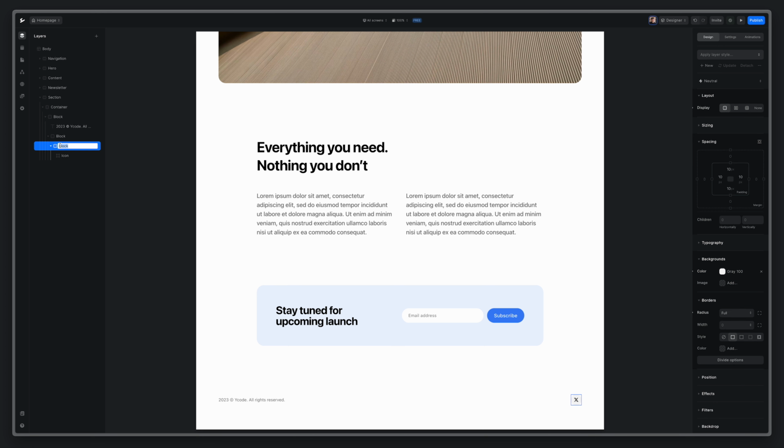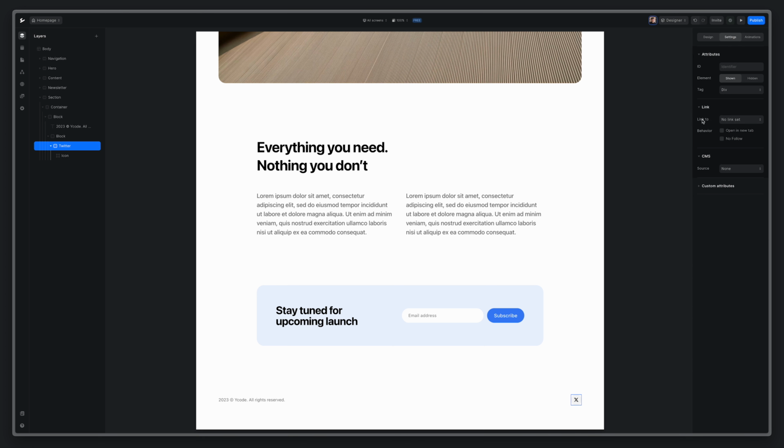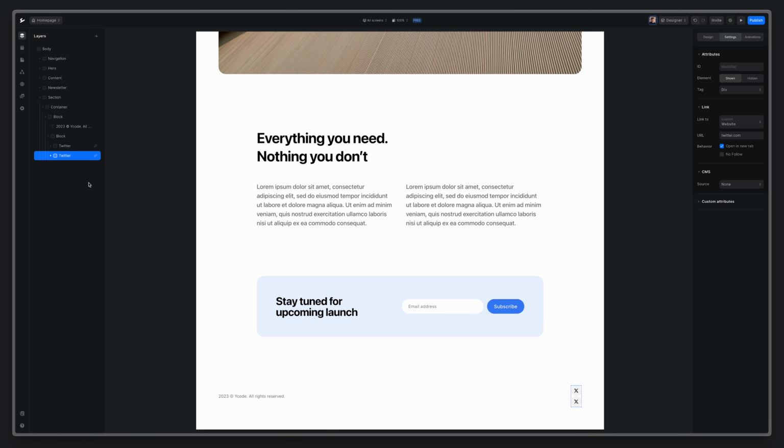Let's rename this block to Twitter, and in settings we can add link to custom website and twitter.com. We can set it to open in new tab. Let's now add one more link. I'll duplicate this. We'll rename it to YouTube. We'll change URL to YouTube. Inside, we'll replace the icon